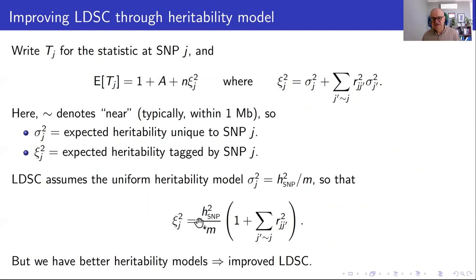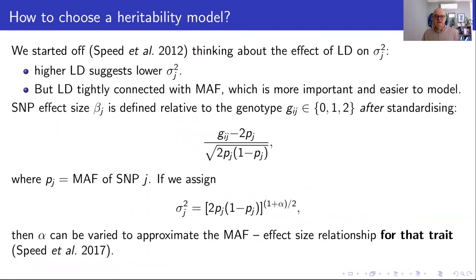And so the LD score term simplifies quite a bit. But we're going to say that we can do better by having better heritability models there, and therefore an improved LD score. And again, just to reiterate that point, there's no effect size in sight. So whether the effect size distribution is t or Gaussian or mixtures isn't even there in this analysis, but the variance of the effect size is there, and that's the expected heritability.